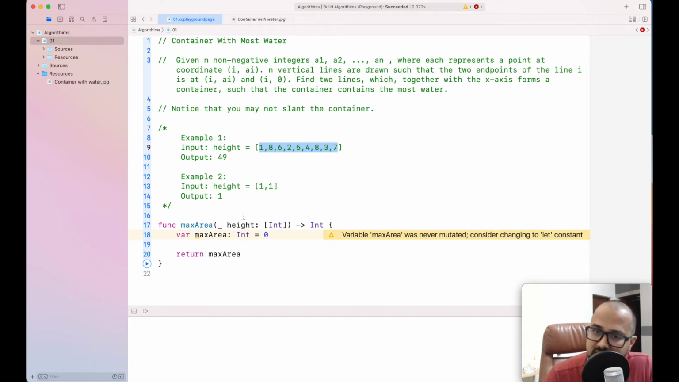So we could see it has a point in the coordinate where it was at 0, then at 1 this line, 2 this line, 3 this line. So it has a point and it draws a vertical line. The vertical lines will be of length 1, then 8, then 6. Okay. Find two lines which together with the x-axis